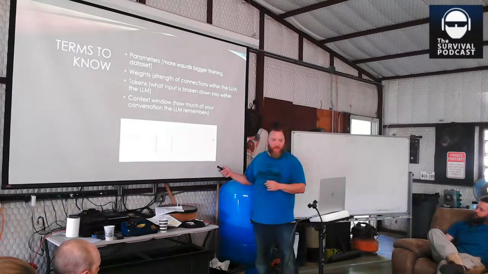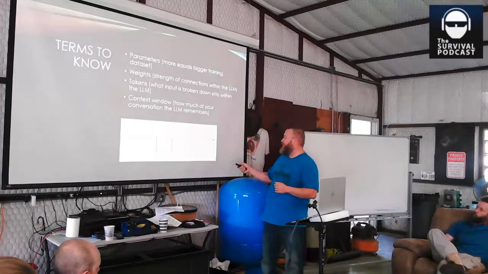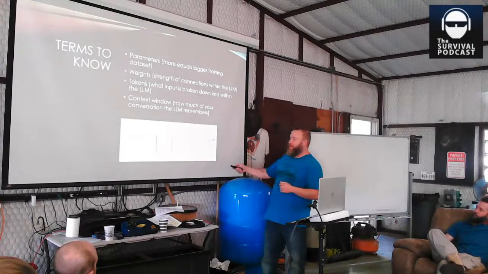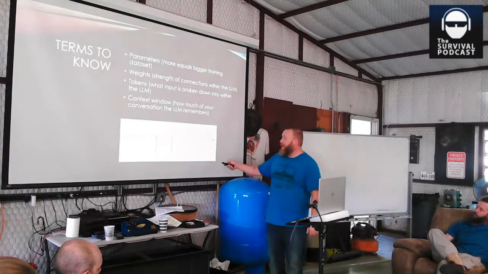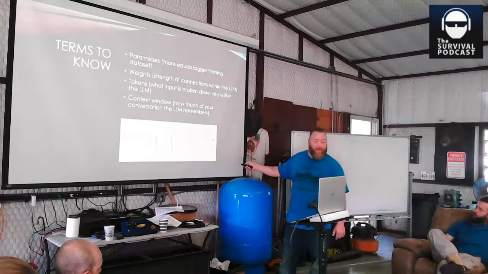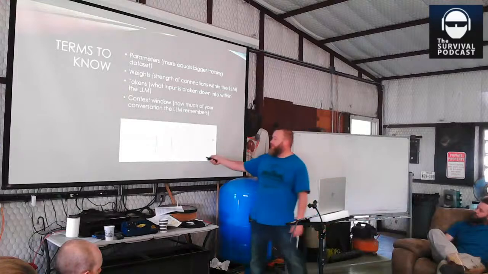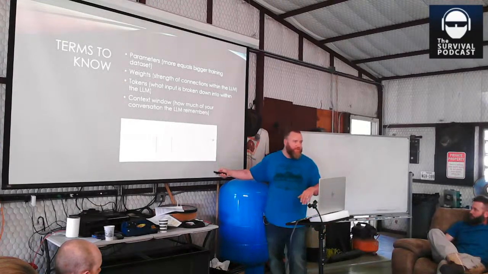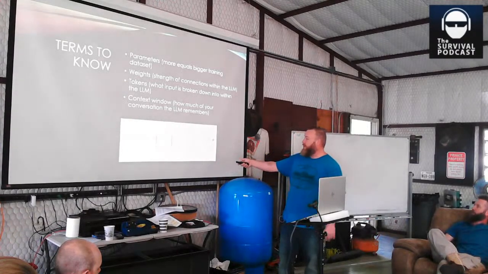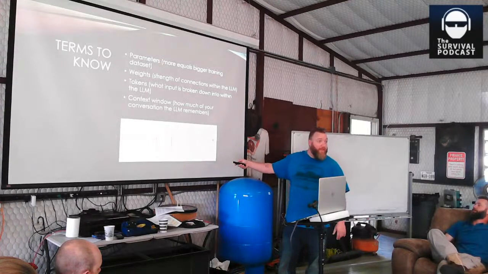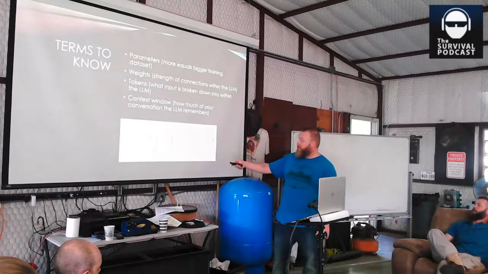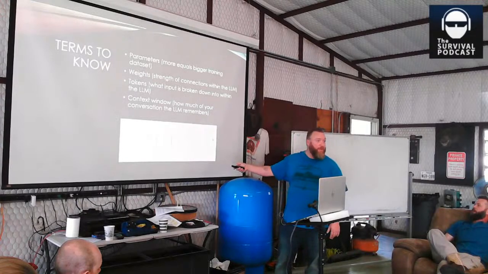So this is kind of what we're talking about here. Tokens to the left, tokens to the right. The infinity and 0 are the limits. And then the context window is how much of it it's going to remember. And this always moves to the right. So if, let's just say this is 10 words, which would be ridiculously small, but it's easy for our conversation, when you put the 11th word into the sentence that you're asking it, the first word will end up outside of the context window, okay?